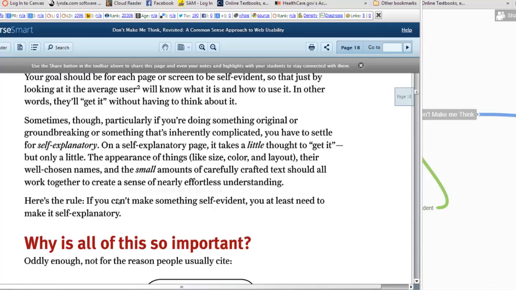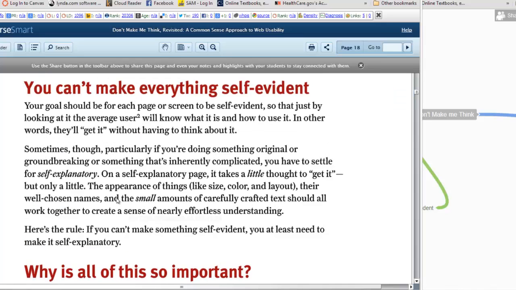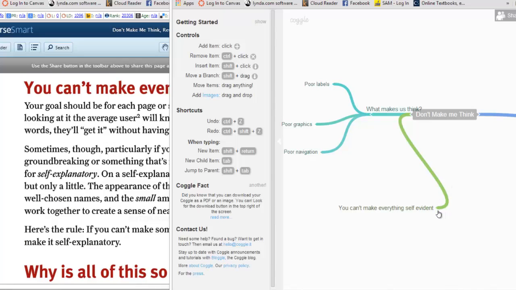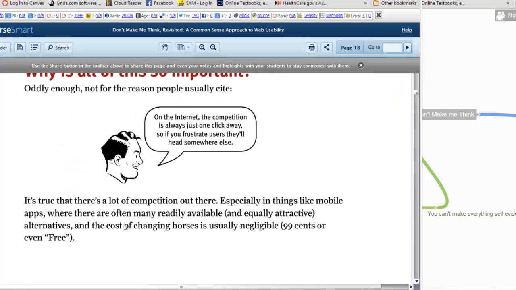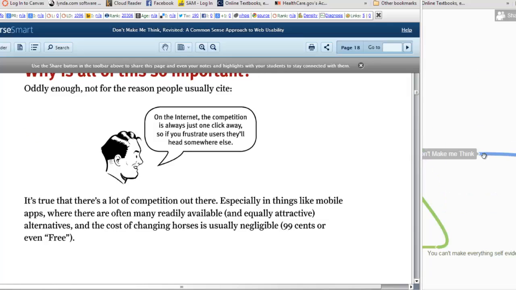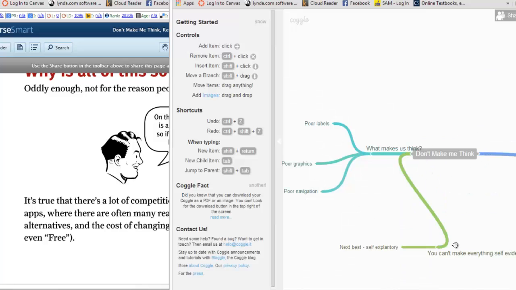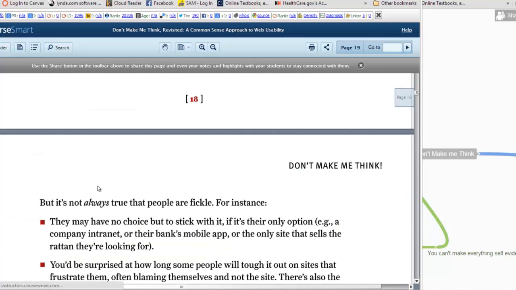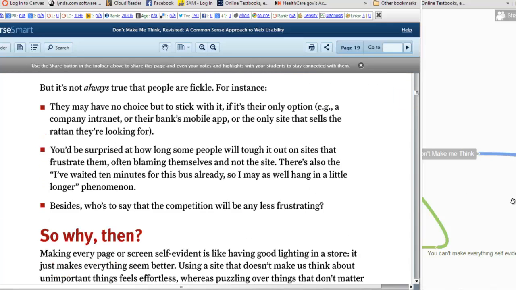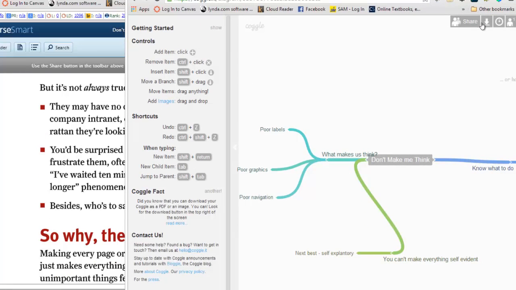So you want to try and make things, if it can't be self-evident, next best is self-explanatory. And so this is a process of mind mapping. You'll go through and you will read this and put in your own points, trying to give you a mind map of what the chapter is about. And so I want you to go through the whole book, and you will do one of these for each chapter. When you are done,